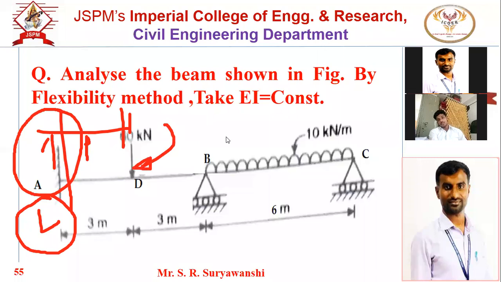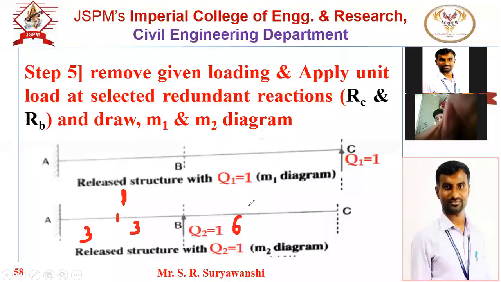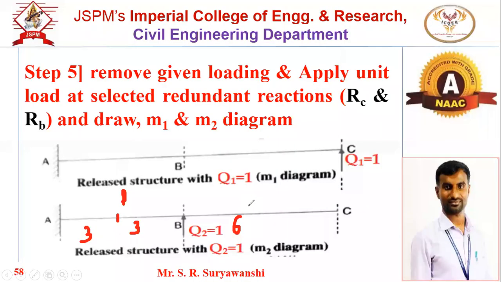So this is for M1 bending moment equation. Now next it is for M2. So for M2, again we have to refer the M2 diagram. So this is M2 diagram. And same funda we have to apply. Now this is somewhere D, this is 3 meter, this is 3 meter, this is 6 meter. Now in single step we will find out all the bending moment for BC, DB and AD.